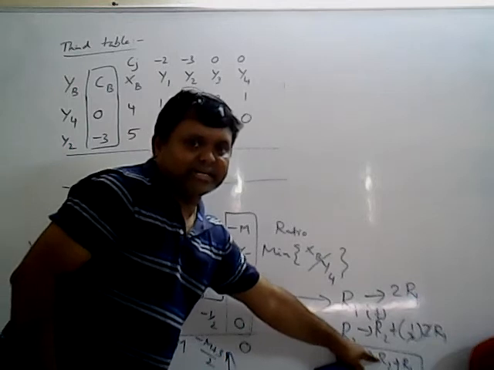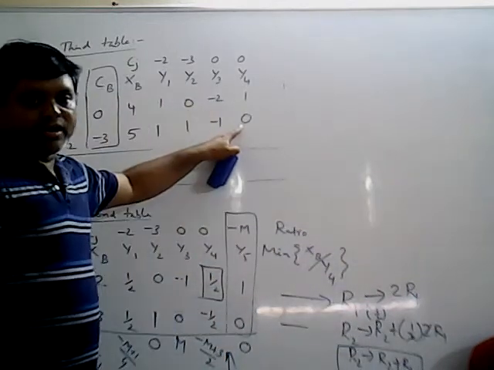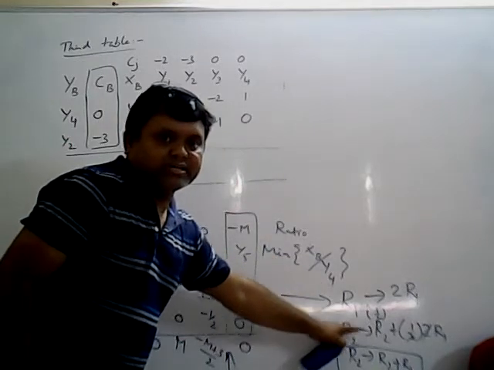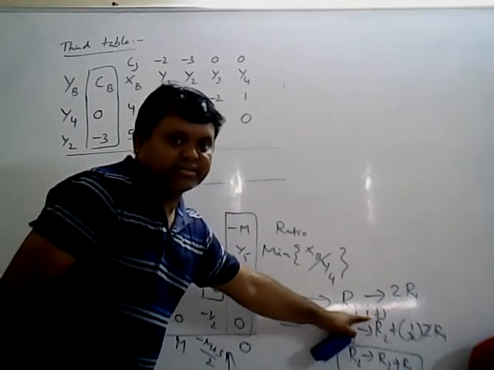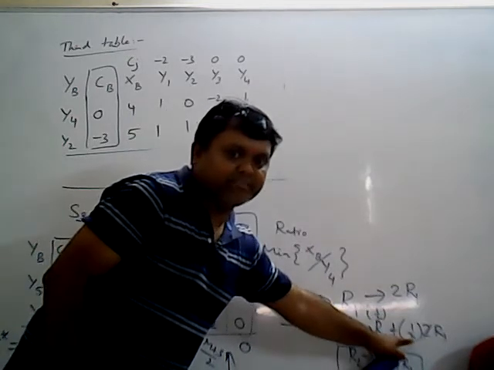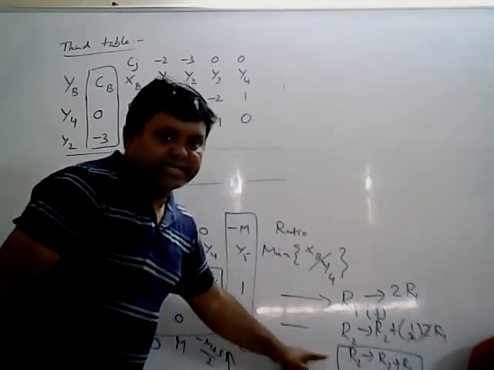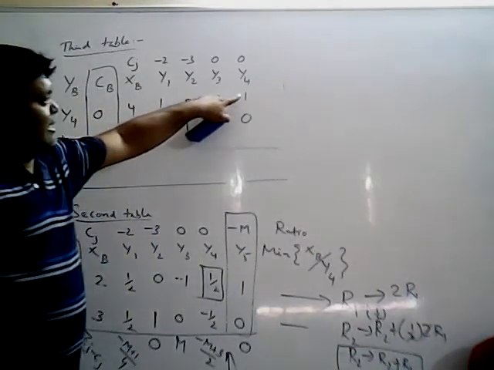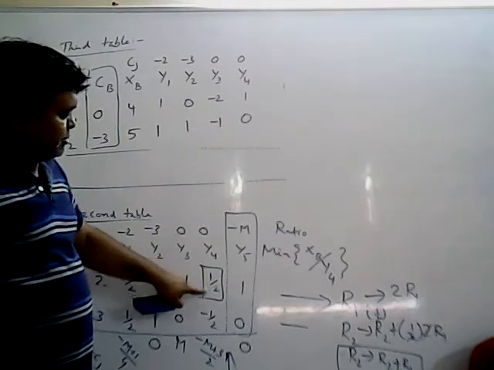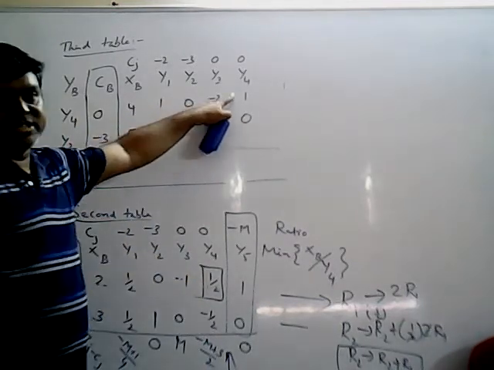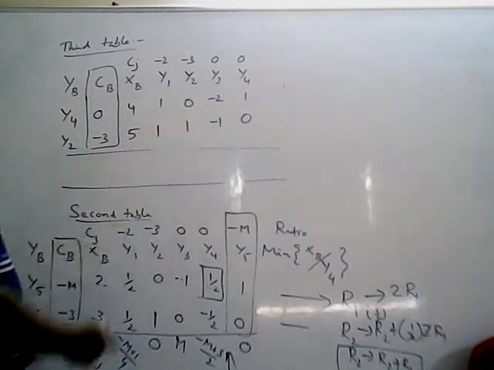So previously I had written R2 minus R1. I am not getting 0 there. That means you have made a mistake. That's why I have changed it, because the negative sign I won't consider, since for opposite signs I have already put plus. So the R2 element is only 1 by 2 that I am multiplying here, the 2 gets cancelled, and you get R2 implies R2 plus R1. Now see, the key element is 1, other elements are 0. The key element should be 1, other elements should be equal to 0. Every table, the unit matrix exists, 1 0 0 1. It exists. So now calculate the Z.